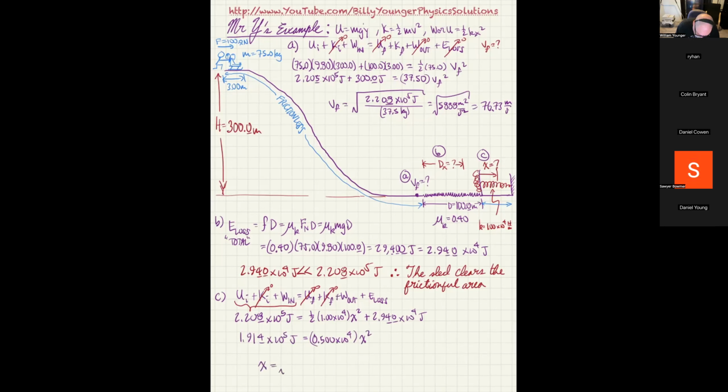So x is going to be equal to the square root of